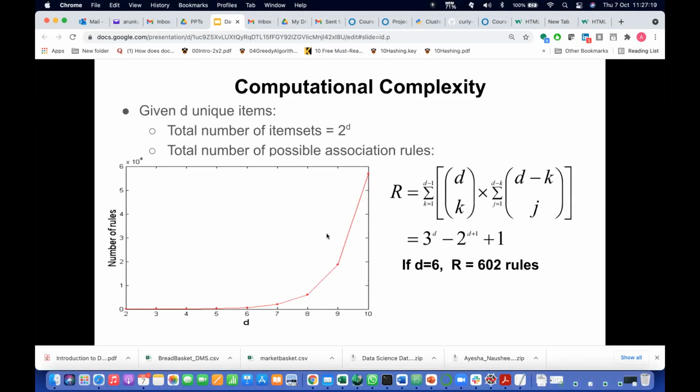So we will see that some more problems will come, because whatever items you have on the left side, those shouldn't be there in the right side set. Because you are looking at whenever these items are there, what other items will accompany them. So the same set you cannot write, x implies x, as that will have 100% confidence. Total number of item sets is 2 power d, provided d is the number of items in the whole transaction data set. So this part you did correct, 2 power n, instead of n we are using d here.